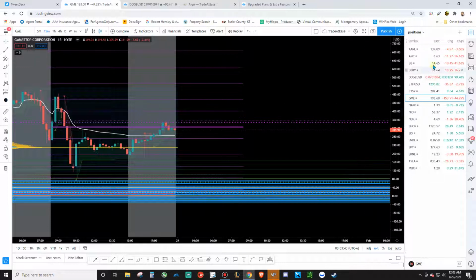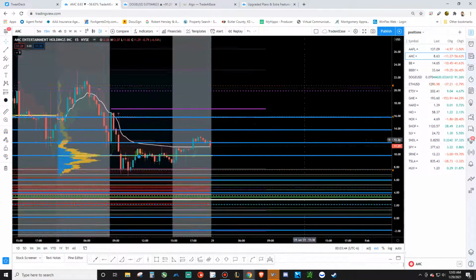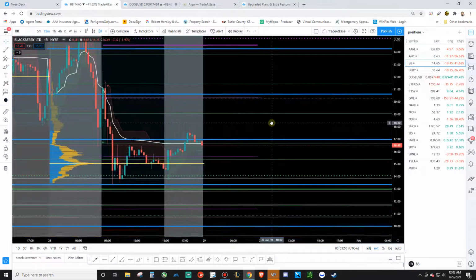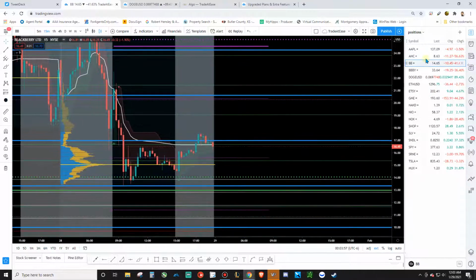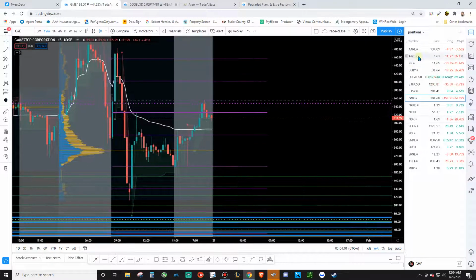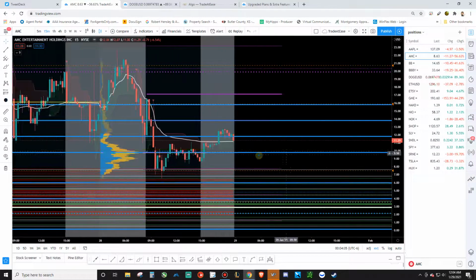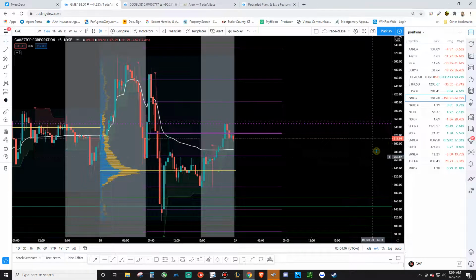Same thing with AMC. I don't think it's as bad with AMC as it is with GameStop, but I think AMC is still pretty bad, and it's not near as bad with BlackBerry. I don't think that's even a play. I think if you were going to play this short squeeze, you're going to play AMC and GME. And the only reason I play AMC is just because it's a smaller price stock. I don't really have the funds to be buying this